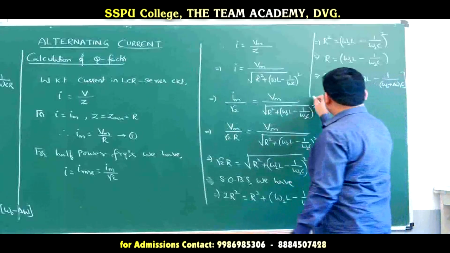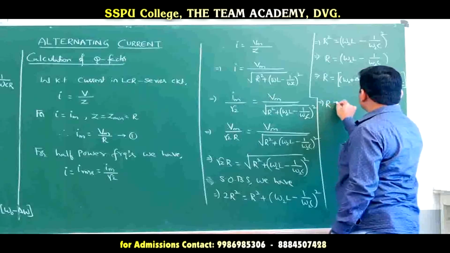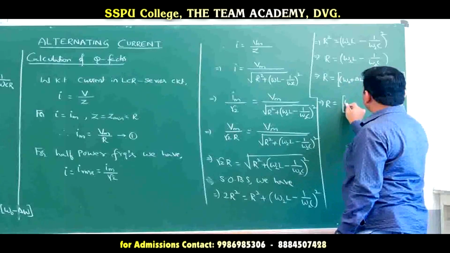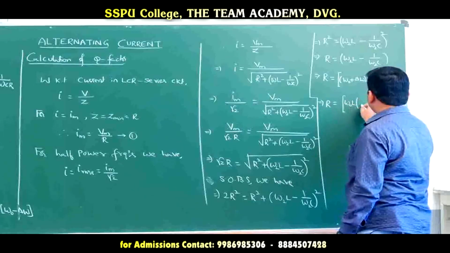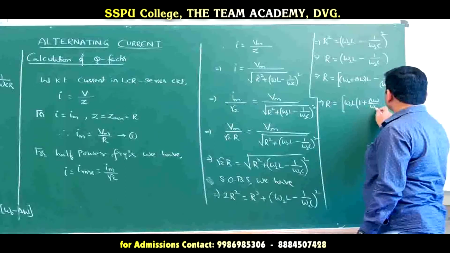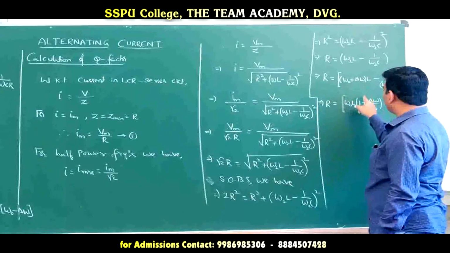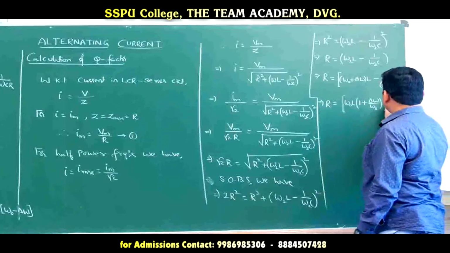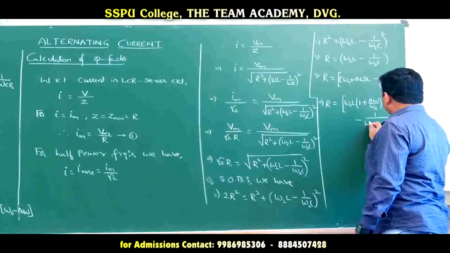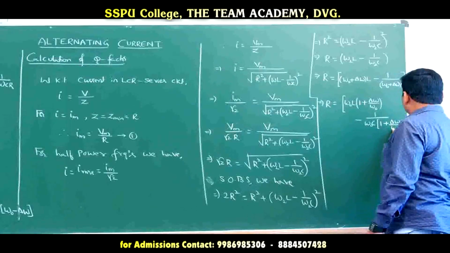Shall I write like this or not? Now from this, what are we getting? This implies R is equal to, from this you take omega naught L common, then what remains? 1 plus delta omega divided by omega naught. So L is common, omega naught if I take common, here 1 will be there and here delta omega by omega naught, minus, what is the next term? Here you take omega naught C common, then what we are having? Omega naught C into 1 plus delta omega divided by omega naught.